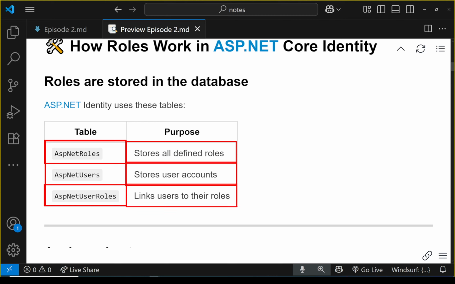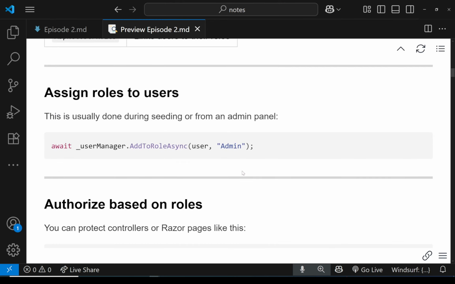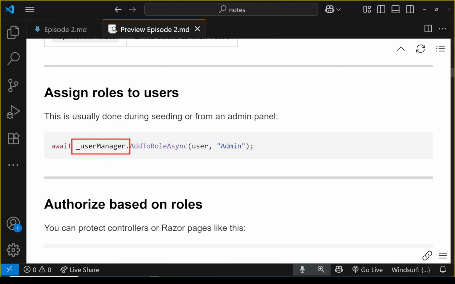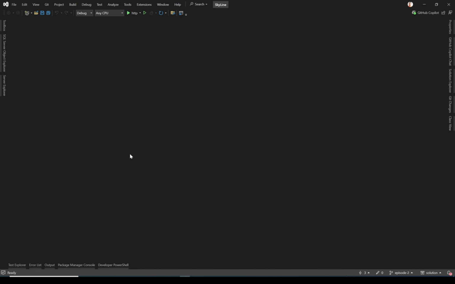So if you want to assign, for example, a user to a specific role, you would need to create first the user, then the role, and then a record or a row inside of that AspNetUserRoles table to assign a certain user to a certain role. Assign roles to users. This is usually done during seeding or from an admin panel. You're going to use something called UserManager, which we will visit if you take a look at this